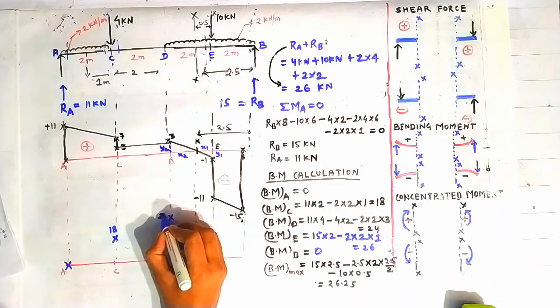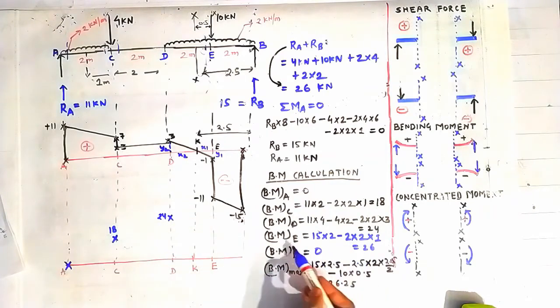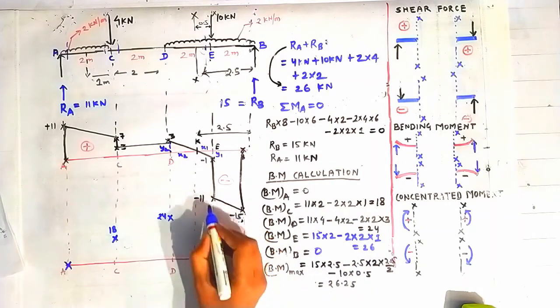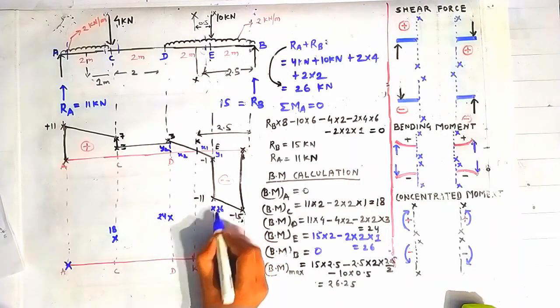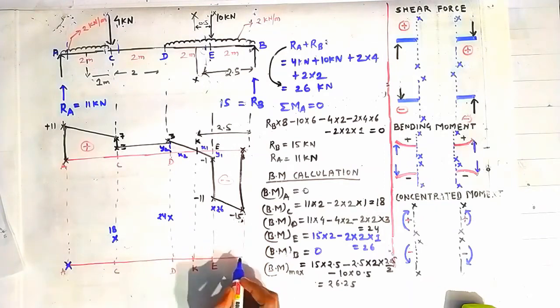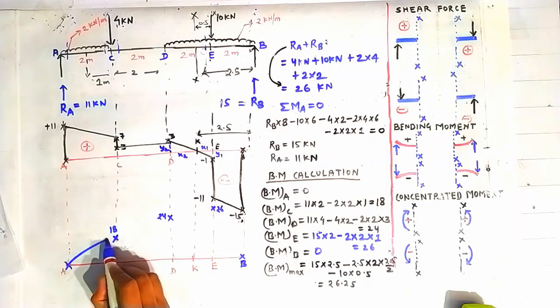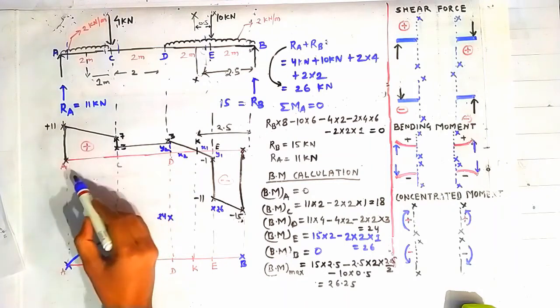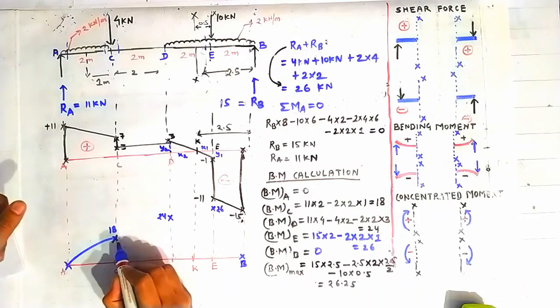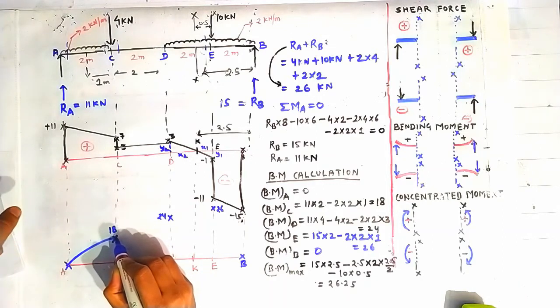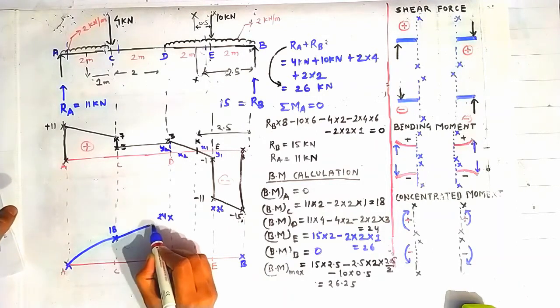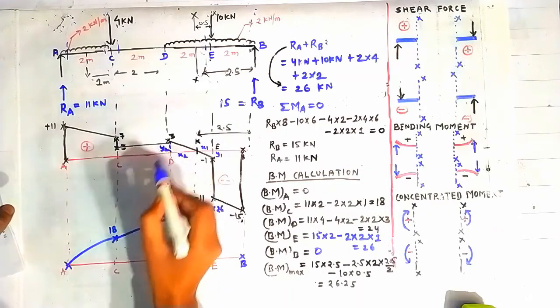The bending moment at the point E is 26, so 26 will lie somewhere here, and the bending moment at the point B is 0, so making a cross here. Joining the first point with the second with a parabola like this, because the shear force diagram is an inclined line between the points A and C. Joining the second point with the third with a straight line, because the shear force diagram is a horizontal line between the points C and D.